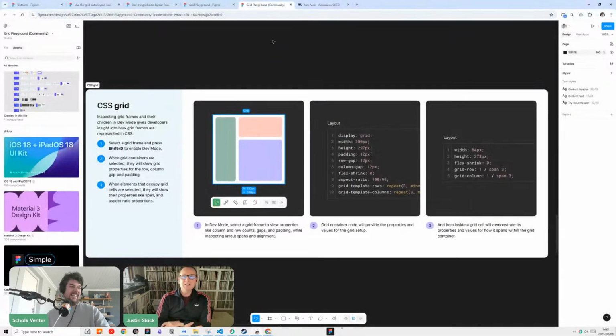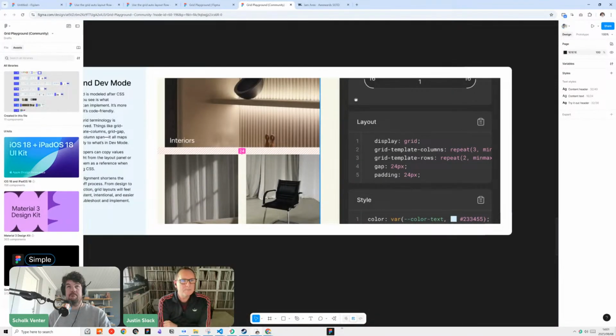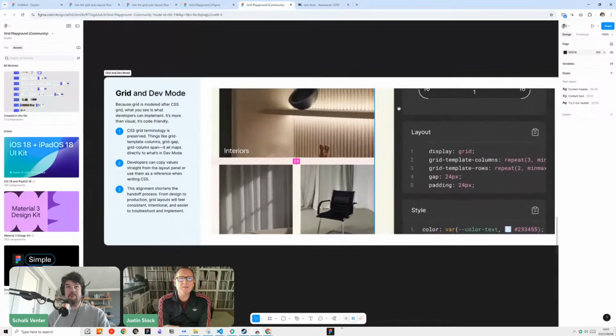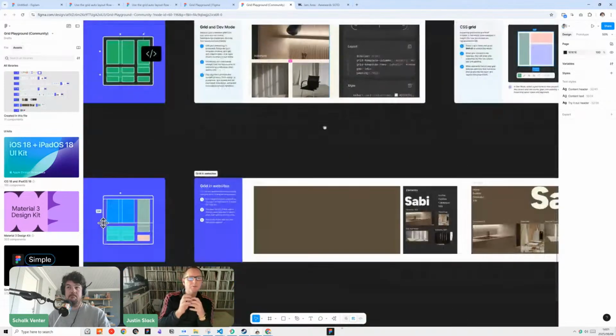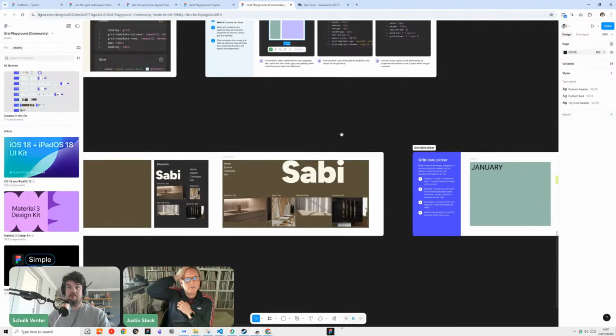Speaking of, you can actually also combine grid and position absolute in Figma. So if you want to have something in your grid that's not going to be affected by the grid changing size, you want to kind of overlay it, you can fix it with position absolute. You could do that with auto layout for a long time, but